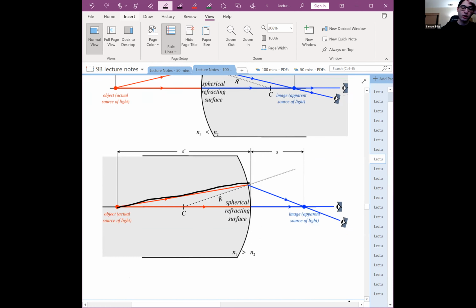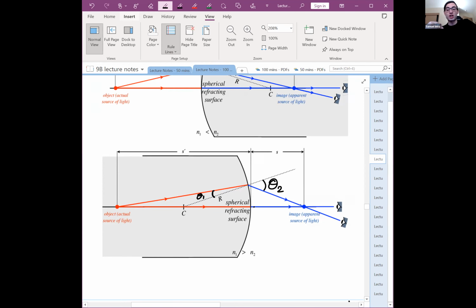Well, the one that comes out at an angle, again, we have to use Snell's law. So this angle, theta 1, should be related to this angle. From Snell's law, we know that because it's going from a higher index of refraction to a lower index of refraction, slow to fast, it'll bend away from the interface. So this angle theta 1 should be smaller than this angle theta 2, which is exactly what you see in the diagram. And so you see that those rays will converge, and they'll converge at a particular point,